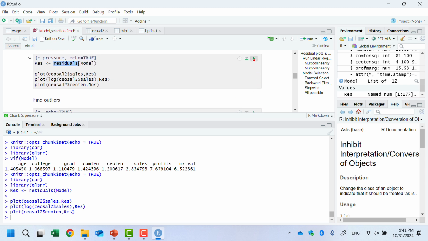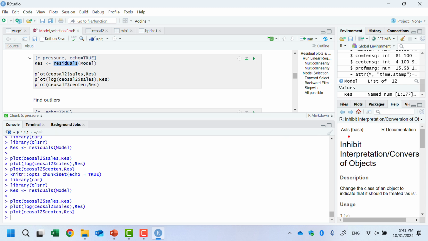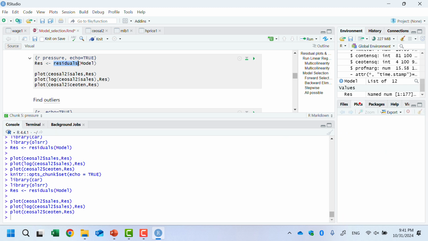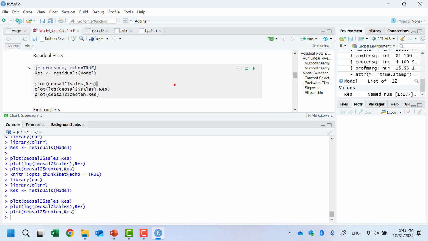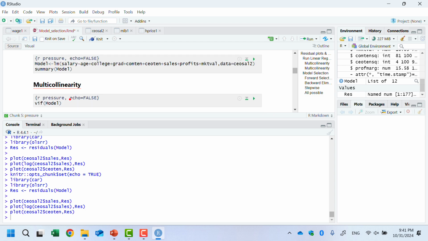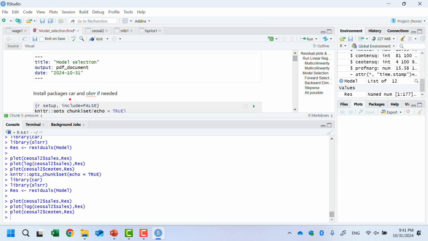Where is the graph? I should be able to see the graph here.